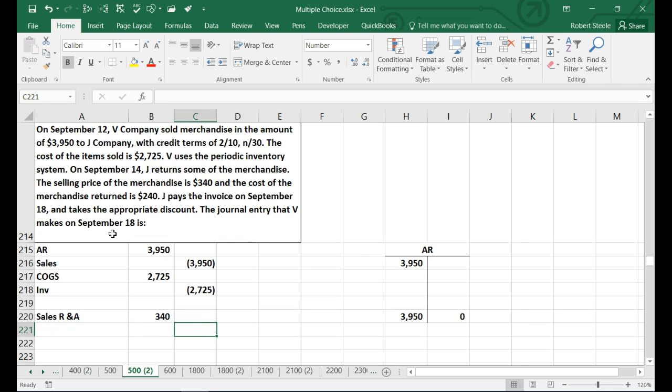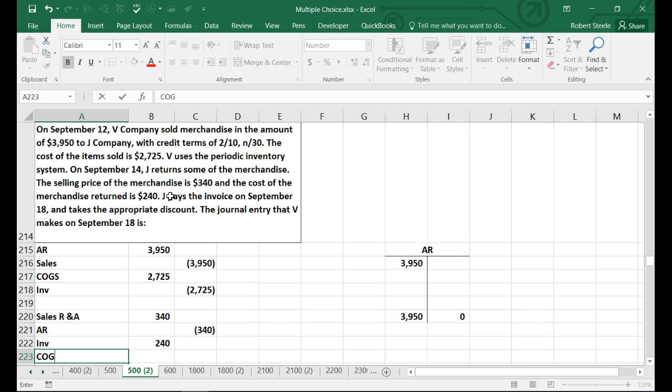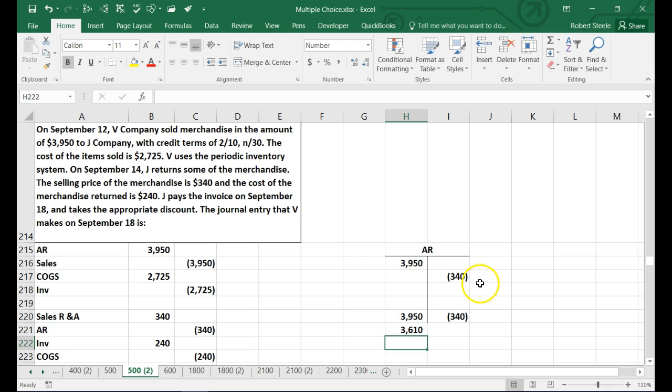Everything else is basically going to be an exact reversal, meaning the credit's going to go to accounts receivable because they don't owe it anymore. Then we have to reverse this half, meaning we're going to debit inventory. The inventory came back, and the amount of the inventory that came back was $240, and we're going to credit cost of goods sold for the $240. And in terms of our accounts receivable, then we have a reduction here of this $340 in terms of our T account. So of course the debits are still beating the credits, and now by that